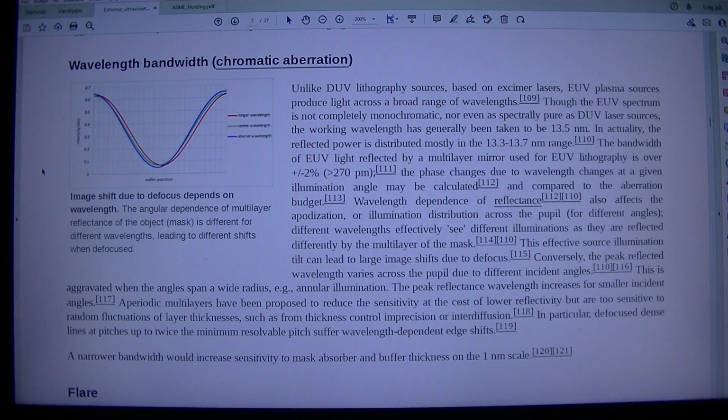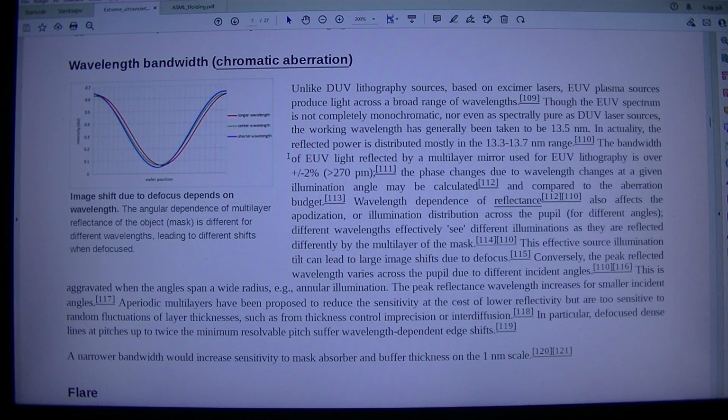Though the EUV spectrum is not completely monochromatic, nor even as spectrally pure as DUV laser sources, the working wavelength has generally been taken to be 13.5 nm. In actuality, their reflected power is distributed mostly in the 13.3-13.7 nm range.[110] The bandwidth of EUV light reflected by a multilayer mirror used for EUV lithography is over 2%, and >270 pm.[111]